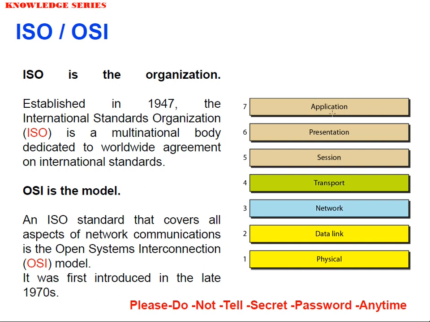When data is passed through these layers on the source machine, each layer will keep adding some more information, that is, a header and or a trailer. That means if data is coming from here, it will pass through the application layer, then a header is added. Why is the header added? It means the data has passed through this layer. Think of this as one house: it has crossed this house, so they give it something. Then it comes to the presentation layer, which will also add something to that information.